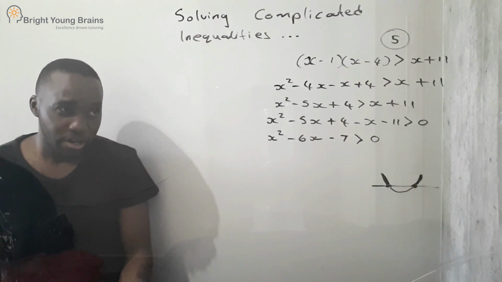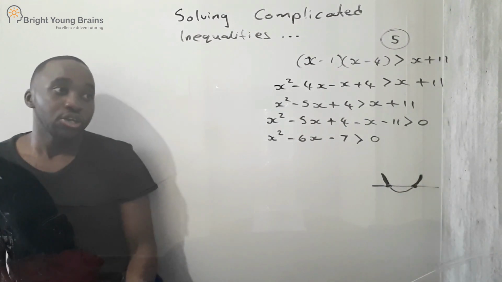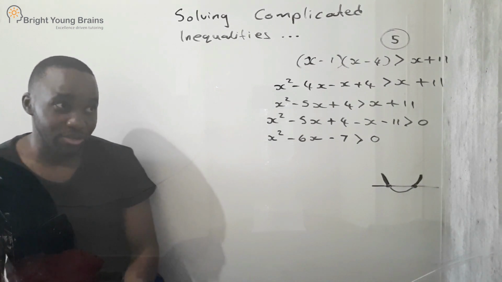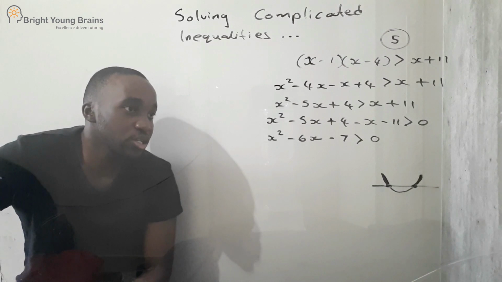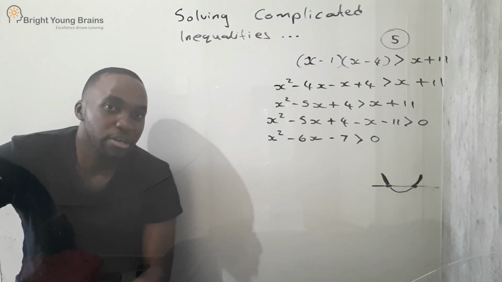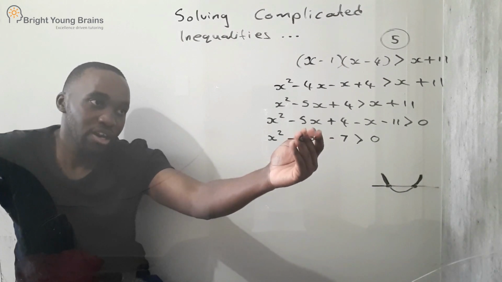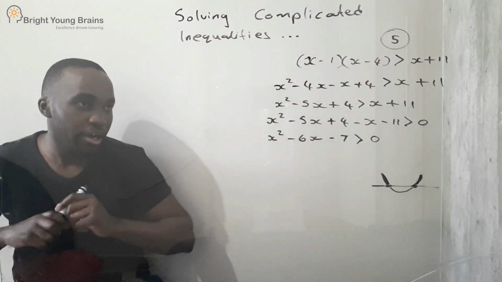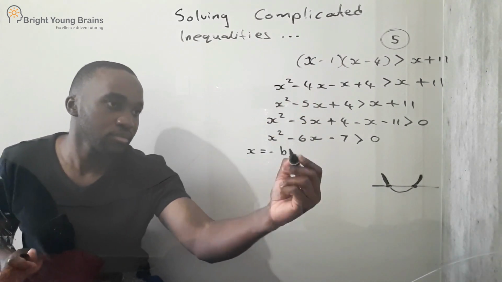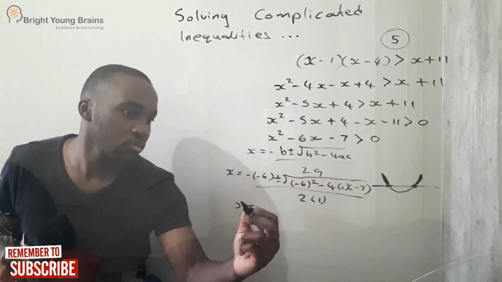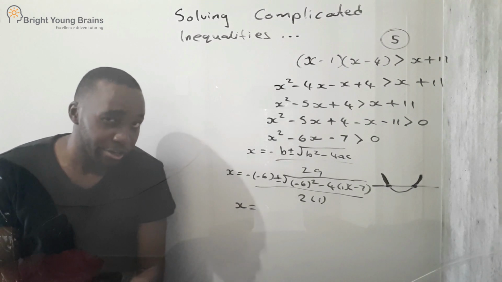Now before we answer our question, we need the x-intercepts of our graph. To get your x-intercepts, you can just use your quadratic formula. I personally always prefer using the quadratic formula because factorizing is okay. I mean, here factors of 7 that can give you 6 is just 7 and 1. However, for other weird questions, in your calculator, your 2 x values are going to be